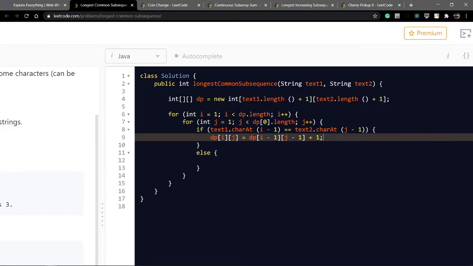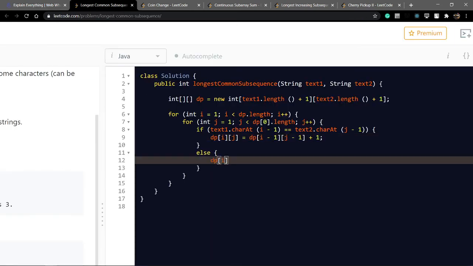So dp of i j equal to Math dot max of dp of i minus 1 j, and dp of i j minus 1, that is the top. Okay.